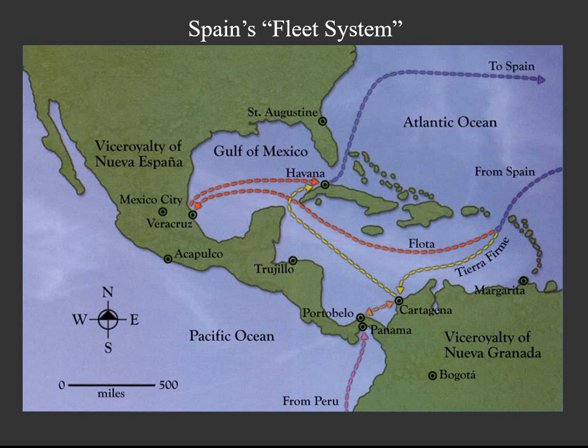So the idea was that one big fleet would leave from Spain to go to present-day Mexico in May. So if I can get my pointer going again, it would come across the Atlantic Ocean, and it would run right along the southern part of the Caribbean islands, and it would go to dock at about Veracruz, which was the port city of what is today Mexico City. And it would stay there for several days. And they would basically unload the boat, and they would set up all these tents and trading posts, and they'd set up just kind of this coastal town at Veracruz,